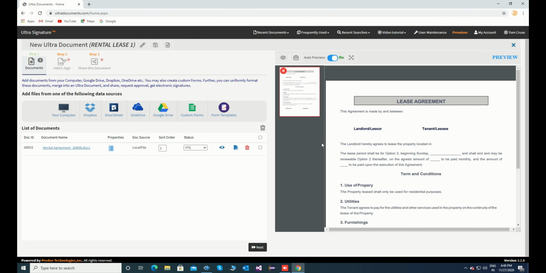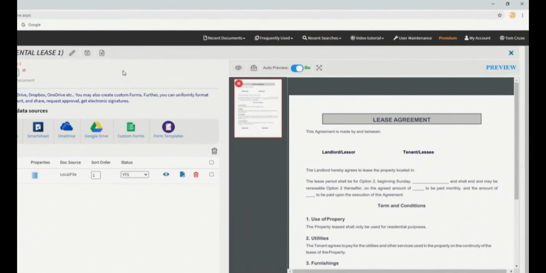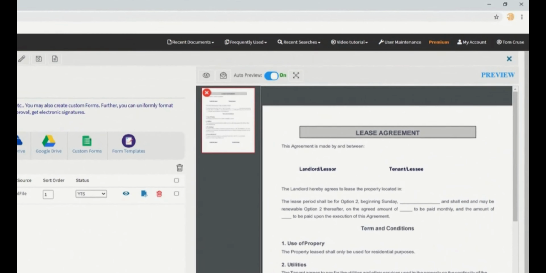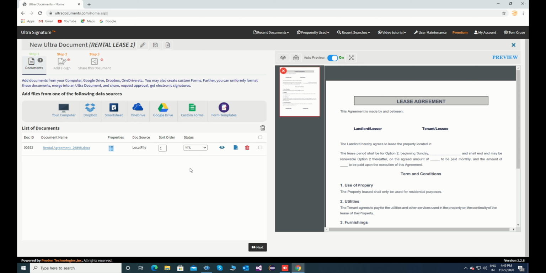If your documents are stored in Google Drive or OneDrive or in Dropbox, you can directly connect to those drives and set up a link to your documents. You can get more details on how to establish the direct connection by watching the video tutorials available directly in the respective screens. Now we can move on to step 2.